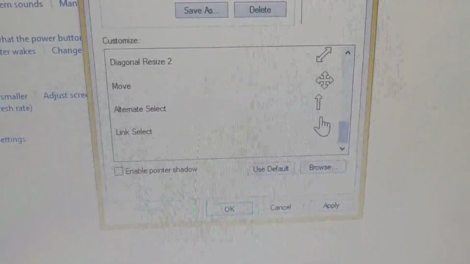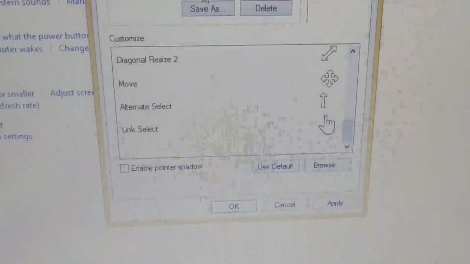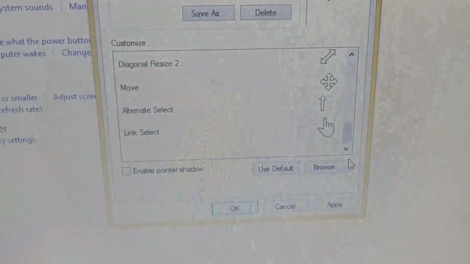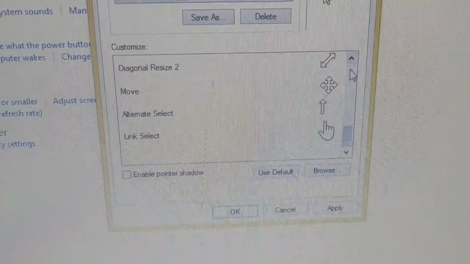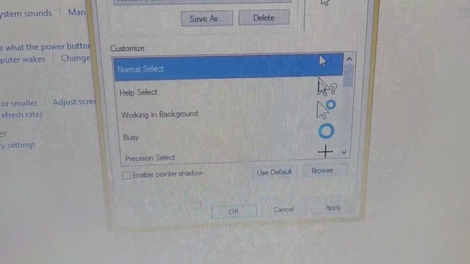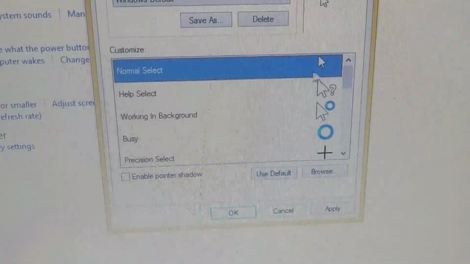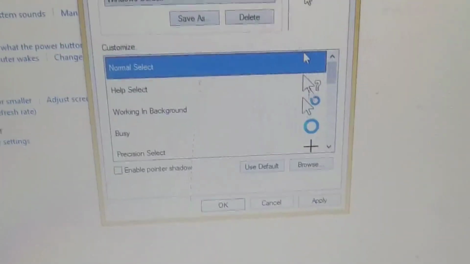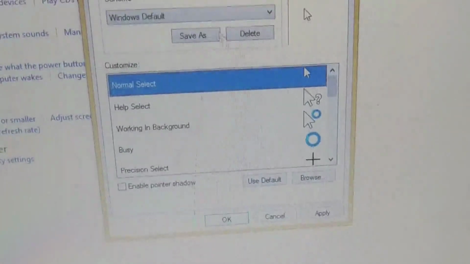I am confronting some problem. I am not able to apply these mouse pointers, but you can try it at home on your system. You can change the mouse pointer, but after some time it will go back to the original, default pointer.